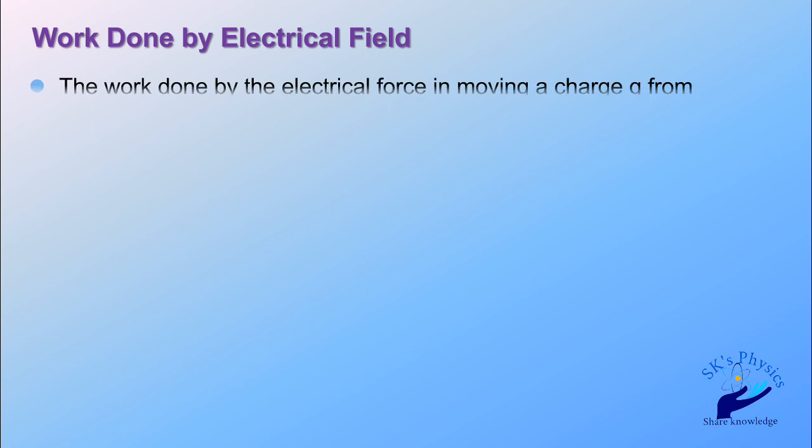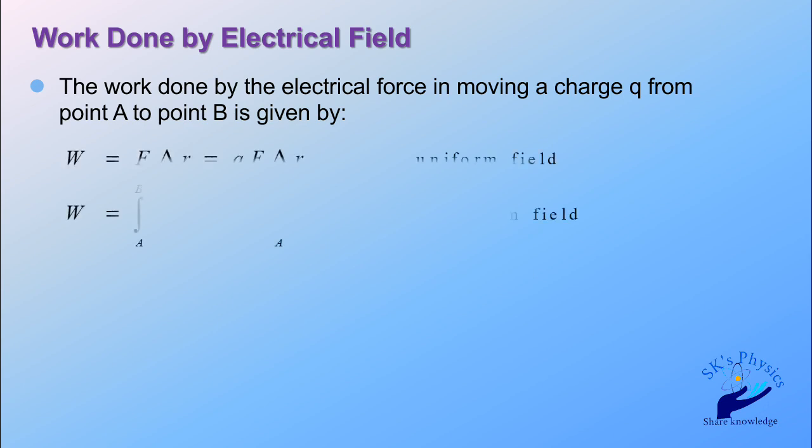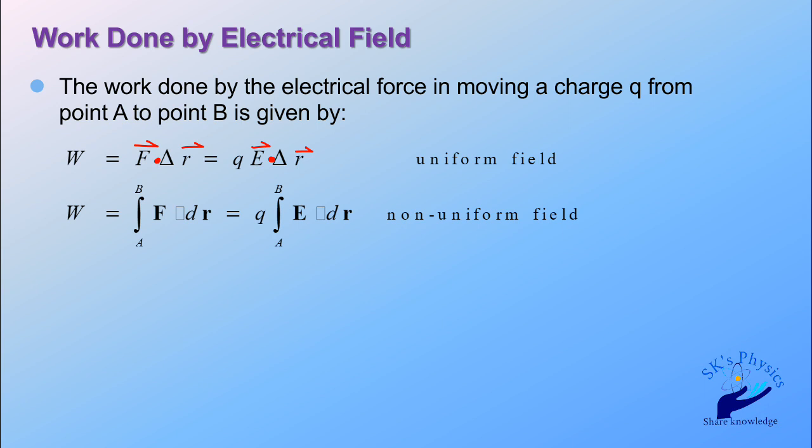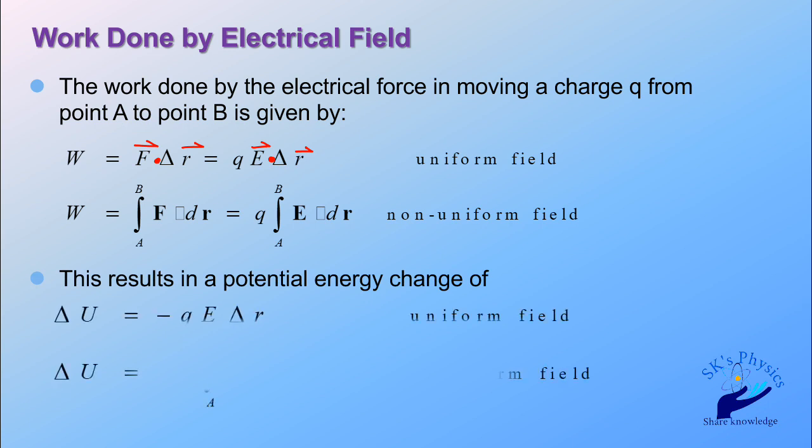Work done by electric field. The work done by the electric force in moving a charge q from point A to B is given by W = F dot delta R = qE dot delta R in a uniform field. In a non-uniform field, W = integral from A to B of F dot dr = q integral from A to B of E dot dr. This results in a change of potential energy, which we can denote by U, that means